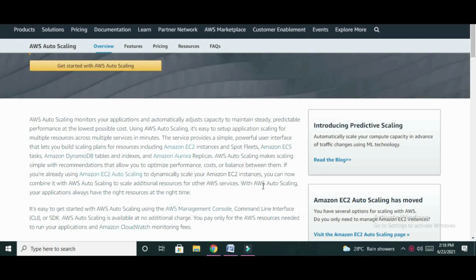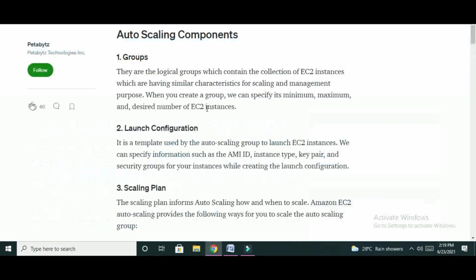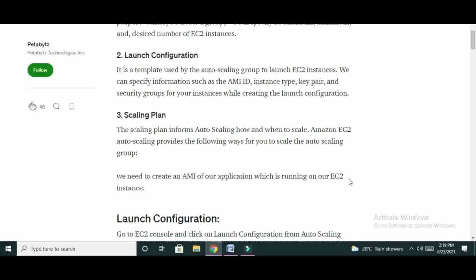The components are groups, launch configuration, and scaling plan.